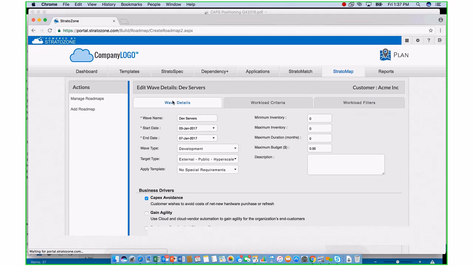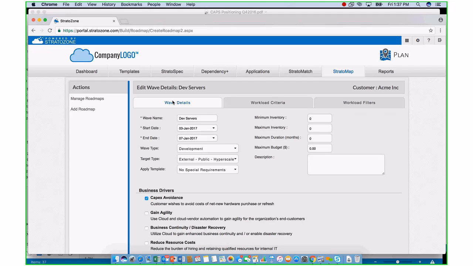I've got all my business drivers. I've got a budget for the wave. I've got $1 million for cloud next year. You can come at it from any different direction. This is a dev type wave. This is my DR wave. And then what you do is you go in here and you can pick from all